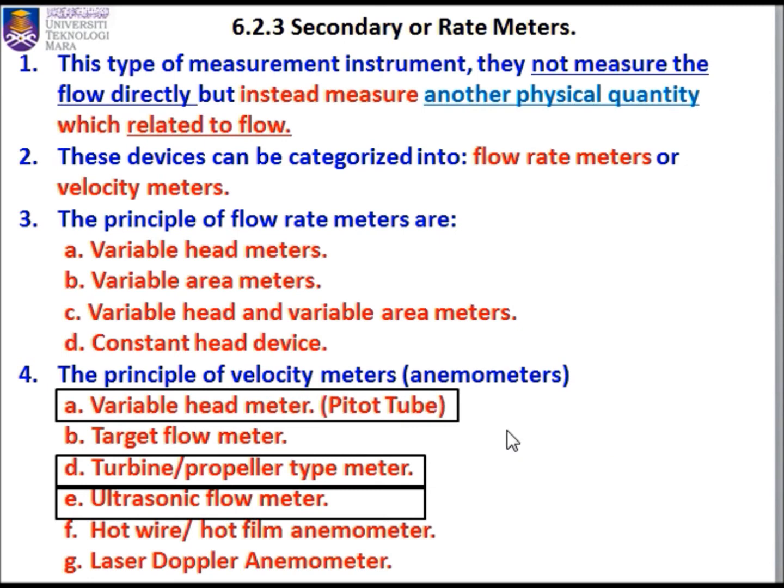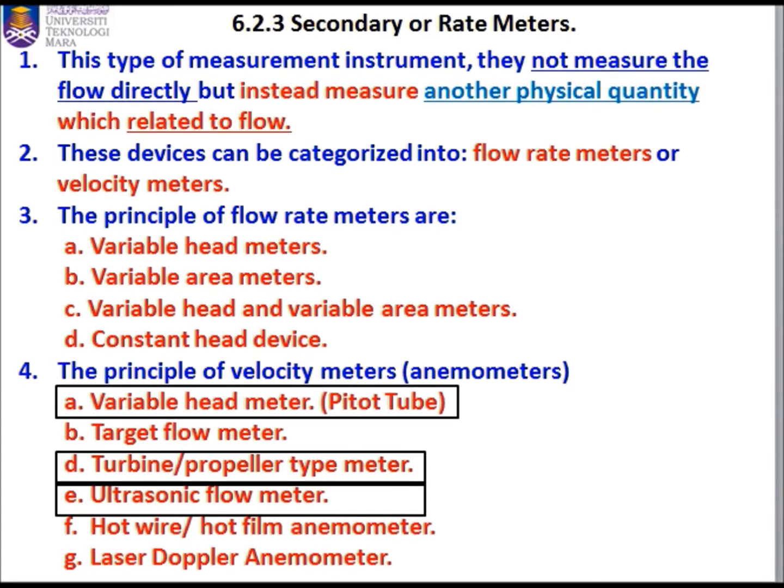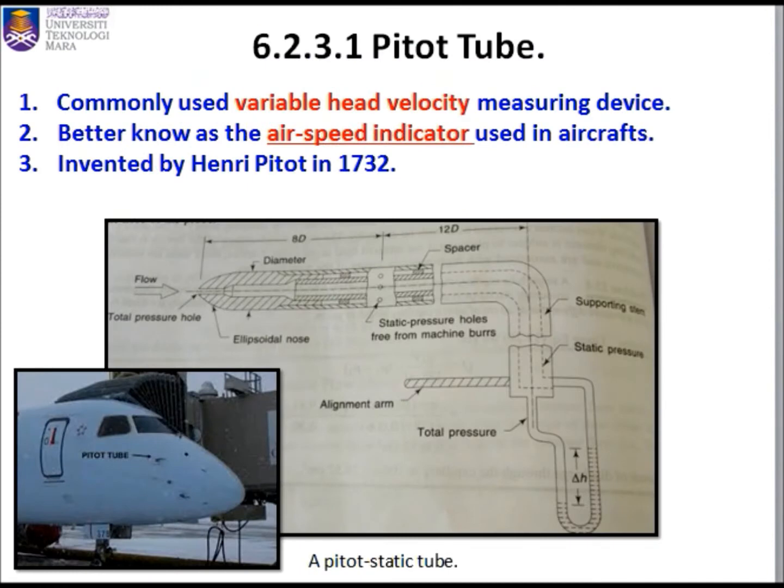Okay, first is variable head meters. The example is pitot tube. I'm sure that you have heard about this pitot tube before. And then target flow meter, turbine propeller type meter, ultrasonic flow meter, hot wire or hot film anemometer, and laser Doppler anemometer. So next let's see how pitot tube